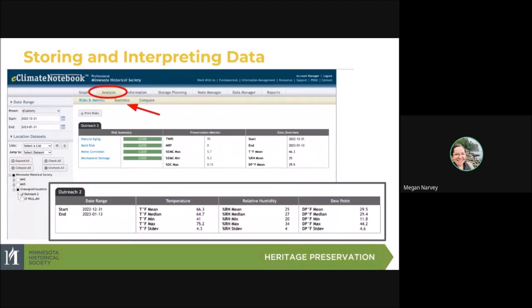And then this is where eClimate Notebook really shines, as it provides a lot of analysis data for you. I don't have time to get into what all of these numbers and figures mean, but eClimate Notebook does provide the meaning for all of these terms, and I'm happy to share more information about it with you if you're interested. But as you can see, it provides this risk summary statement where it says, like, natural aging,